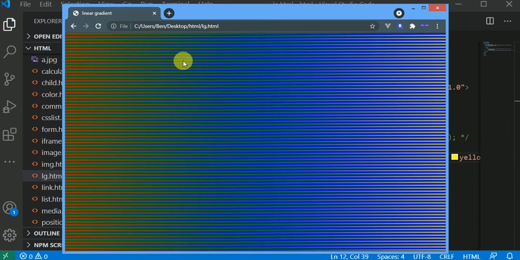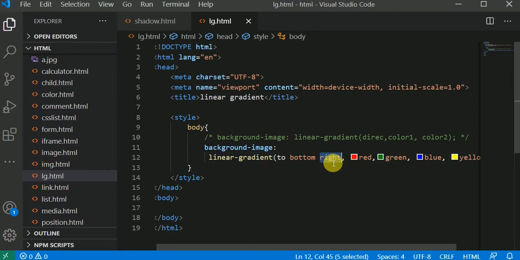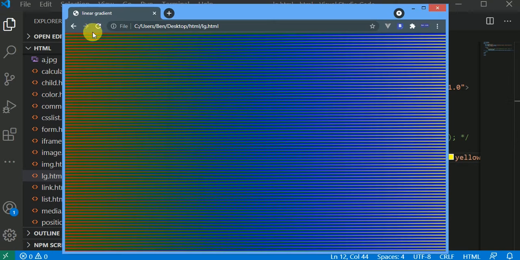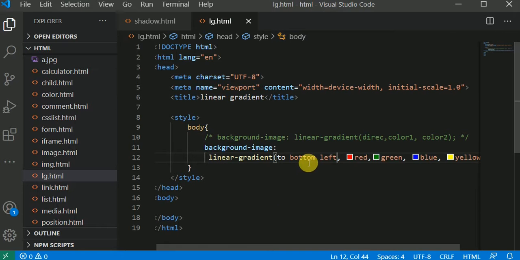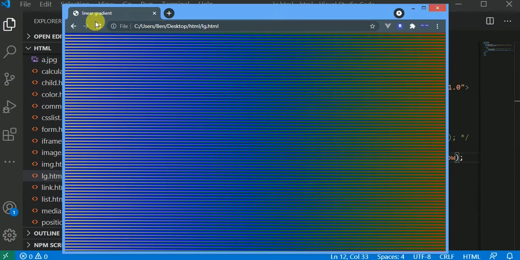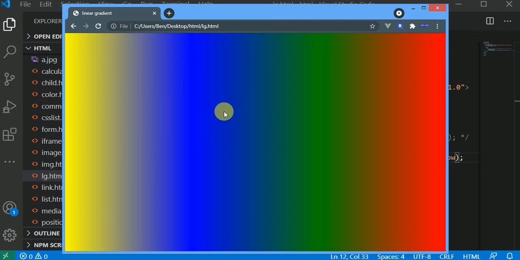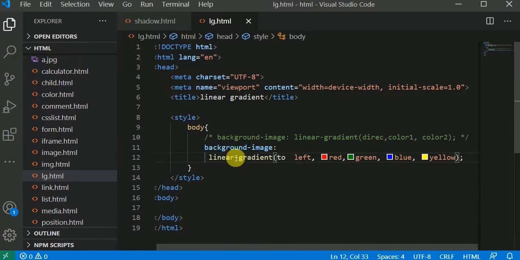You see what we have. This is for the bottom right, and we have bottom left. This is for the bottom left. You notice that moving to left or moving to right makes this more beautiful. So you do this gradient based on what you really want. That is for linear gradient. So let me comment this guy